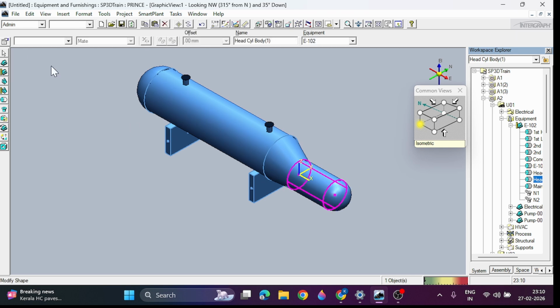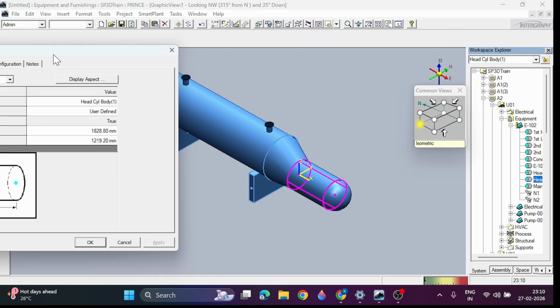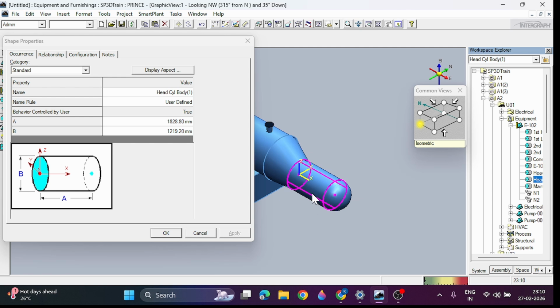Now at this position, don't exit that. Just go to the properties of the same shape we pasted, and we have to increase the size or increase the diameter. My actual diameter is 1220, so I increase the size by 25 mm. Add the insulation to this and put the value here. So I consider this 1220 and I add the insulation of 25 mm, so the value is